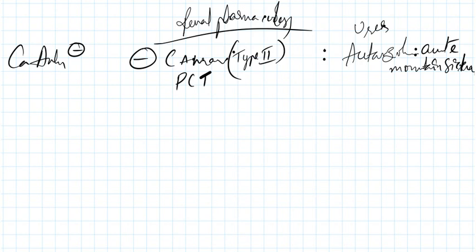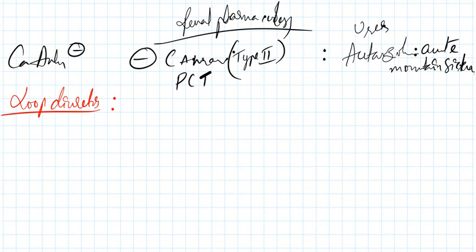And acetazolamide or dichlorphenamide, they are used in familial hypokalemic periodic paralysis. Now one more class of drug is loop diuretics. Remember these loop diuretics, how do they work? They simply block the sodium